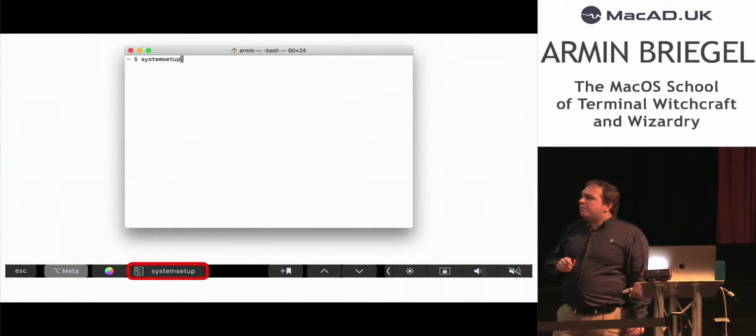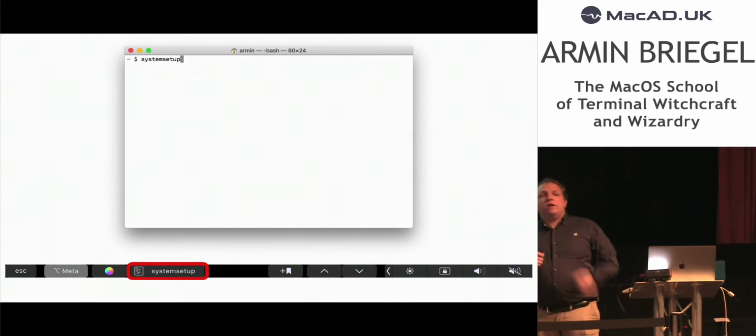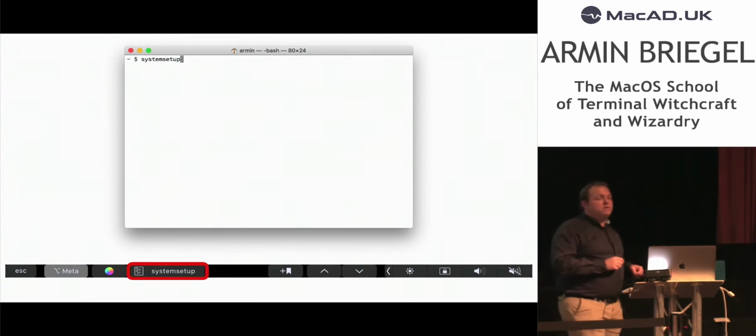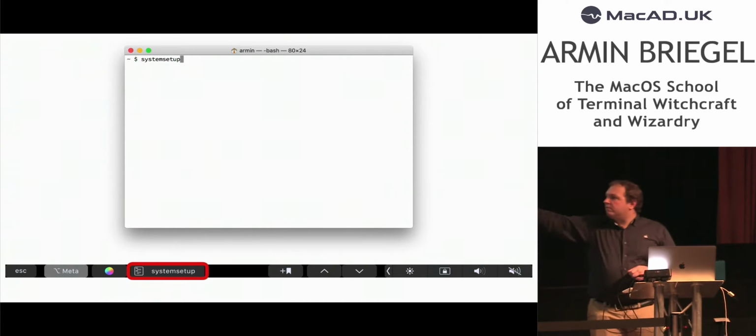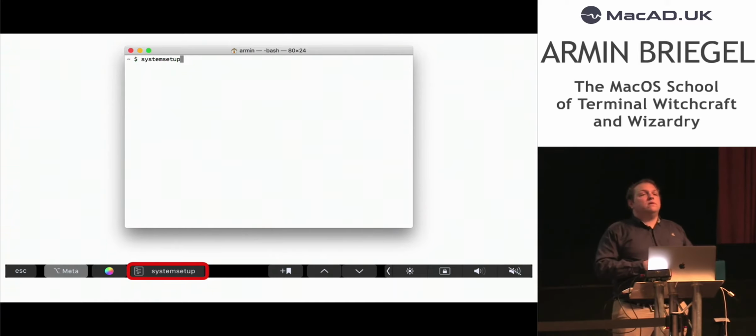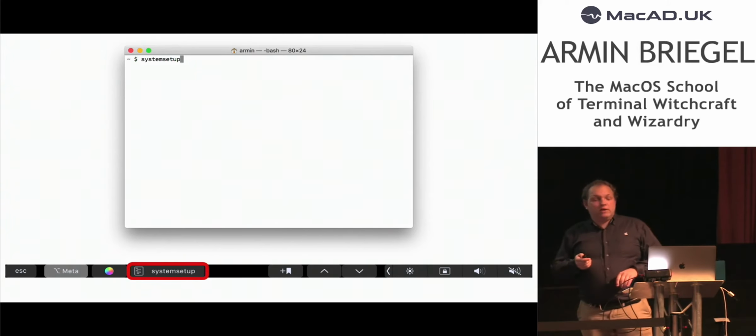It doesn't take over my current terminal session. If you have a Touch Bar MacBook, when you type a command in the terminal prompt, one of the buttons down here will actually open the yellow man page window for that command. That is actually really quite useful.